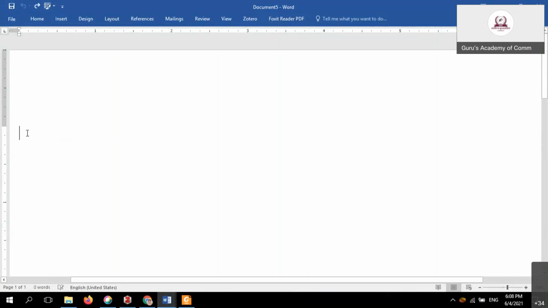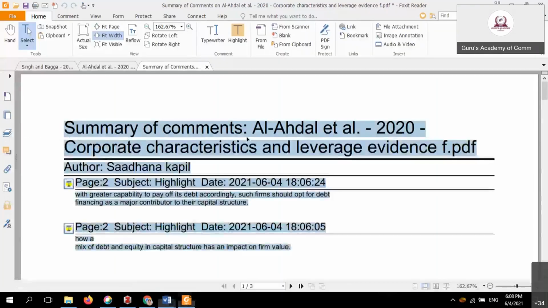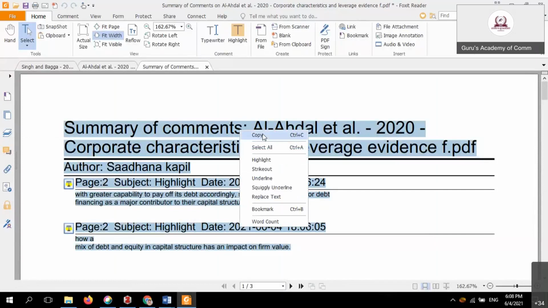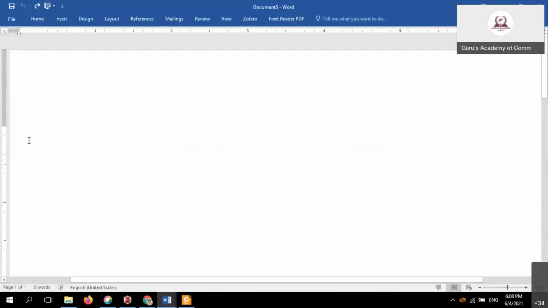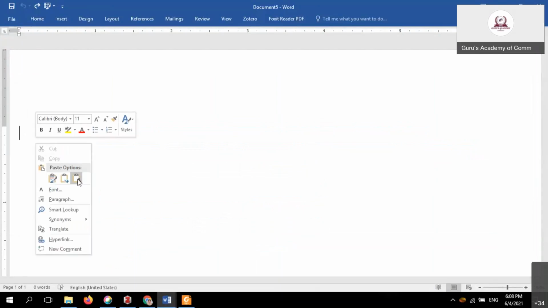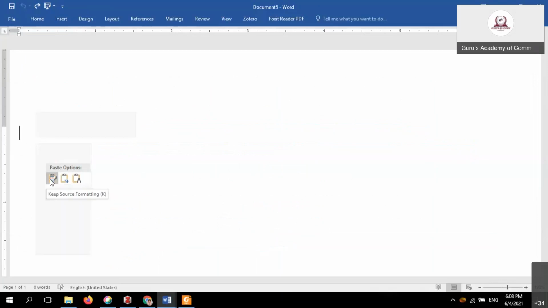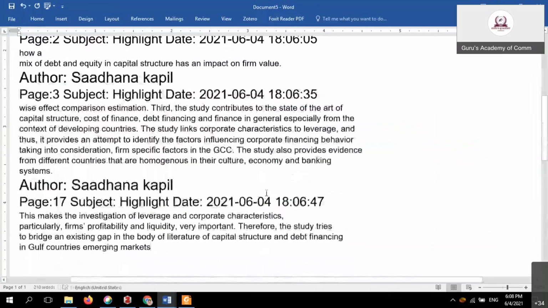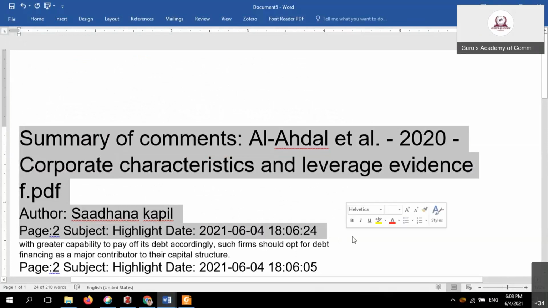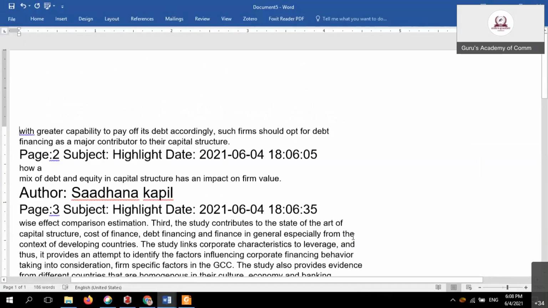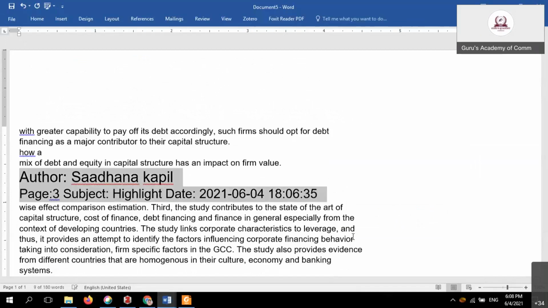Sorry, it was not properly selected. Simply right-click and copy from the particular text. Okay, now go to the document, right-click, and keep the text only, whatever you need. You have to give your sources of the document. For example, your selected content will be easily linked to the source. Now unwanted information, simply delete it.